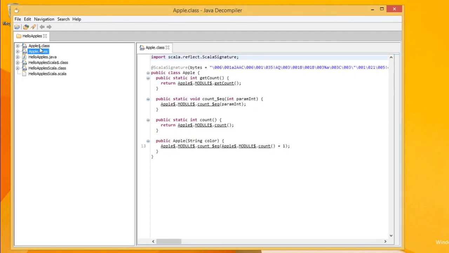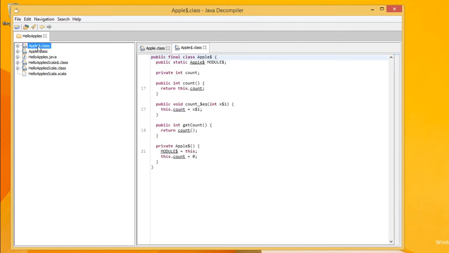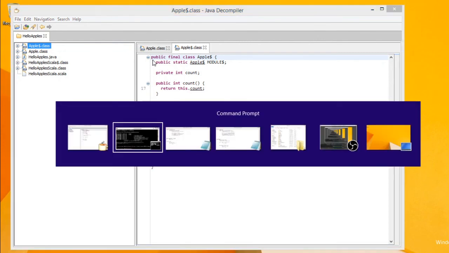So let's see the one which has a dollar here at the end, that belongs to this object.